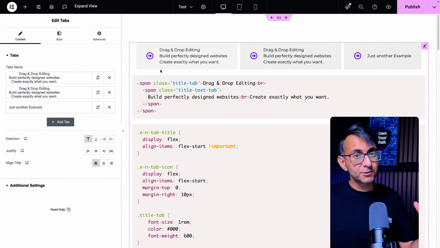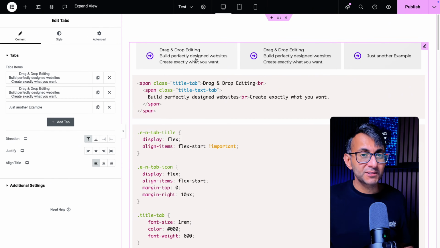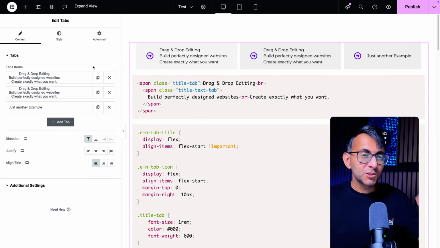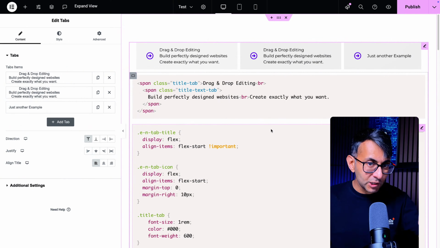Hey, I want to show you how to do something a little bit inventive with your Elementor tabs. We are using the nested tabs widget, so if you're using Elementor, make sure you've got that feature enabled. So I've got the tabs widget. Don't worry about the content, because there is some code that I'm going to share with you in a